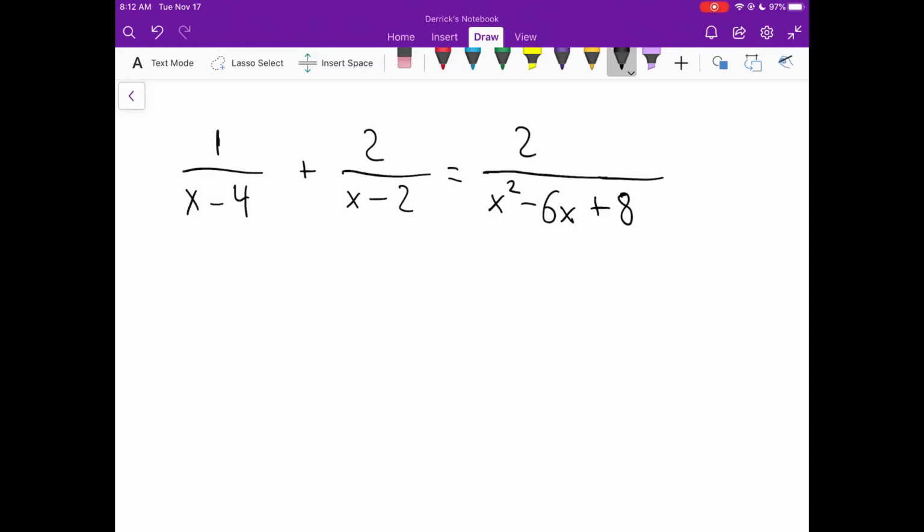Let's look at another example. This one is going to end up being no solution at the end, and I want to show you why. First off, to begin with, we are still looking to get a common denominator here, and that does mean we